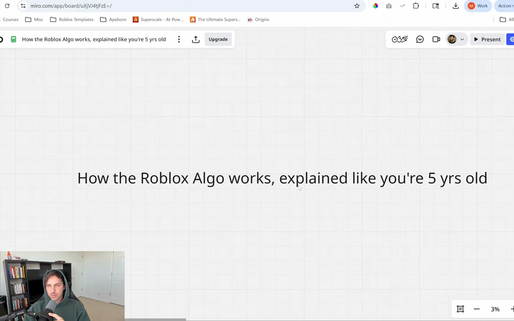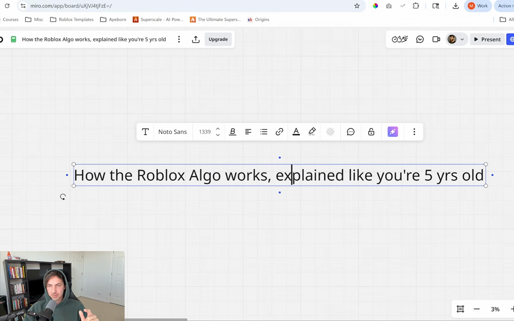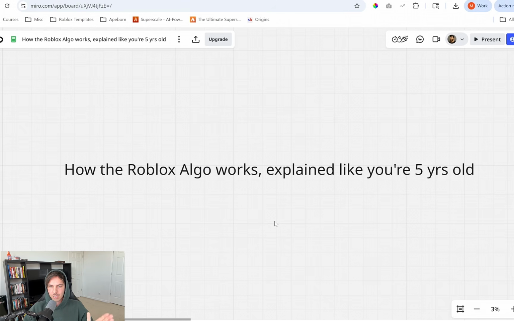Guys, this is going to be how the Roblox algorithm works, specifically the home recommendation algorithm, explained like you're 5 years old. So I'm going to try to really simplify this for you. This video might upset a lot of people, because there's a lot of debate for some reason on how this algorithm works. But I'm going to take a very objective perspective and just chop this up for you guys